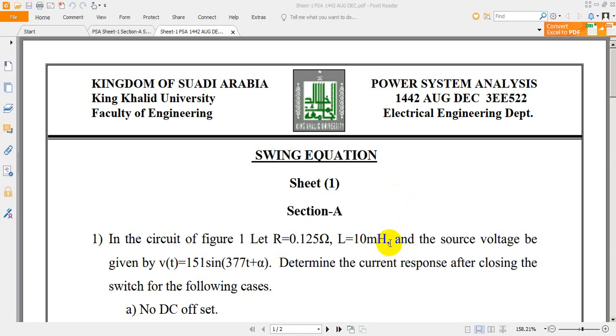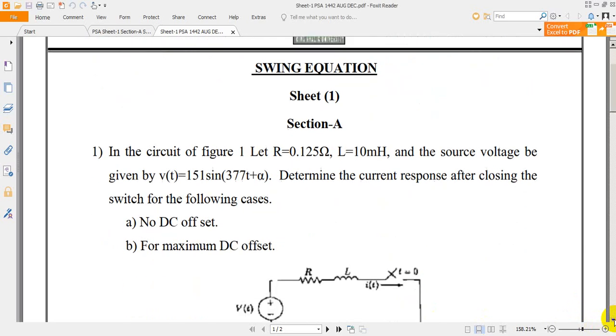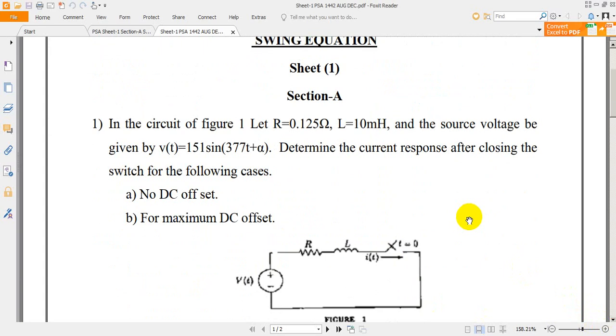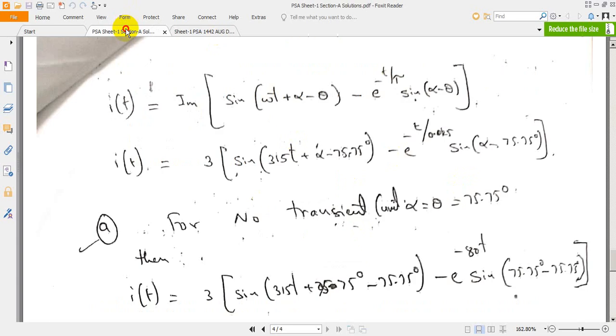there is an RL circuit with R value 0.125 and inductance value 10 millihenries with a source voltage of 151 sin 377t plus alpha. We need to identify the current response after closing the switch when no DC offset is present and for maximum DC offset. This is the given RL circuit. At the instant t equal to 0, the switch is closed. Now if we go to the solution for this problem,